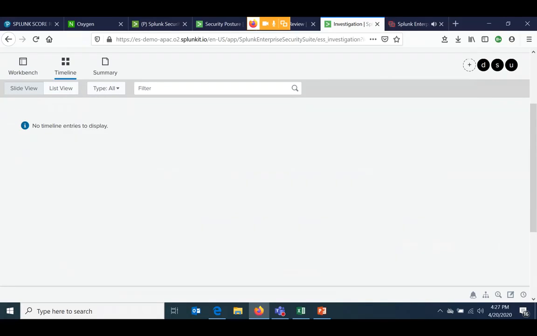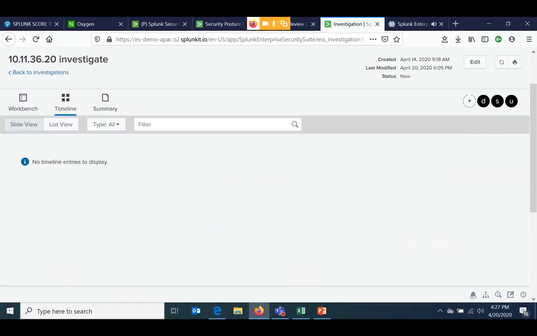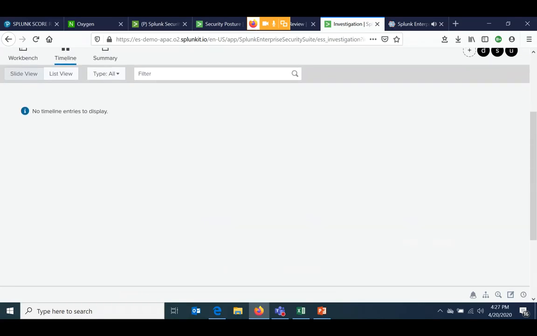Now you can't see any timelines given around that because we have not done much activity around that particular incident. But whatever searches, if you create an incident investigation board, all the activities around that investigation is being